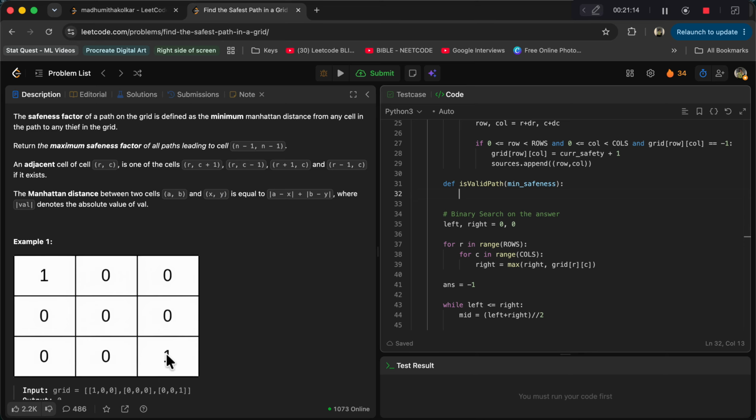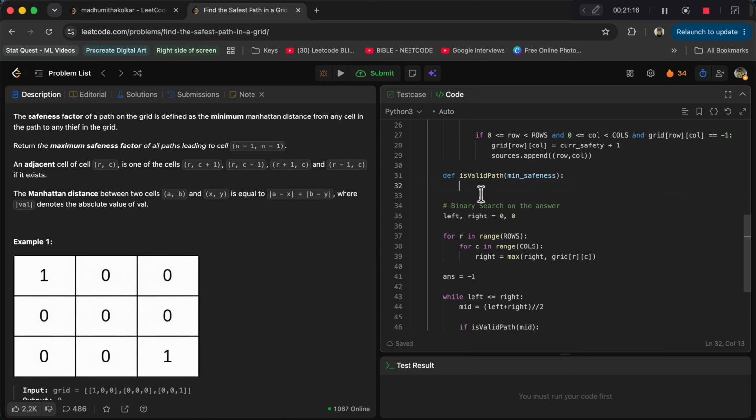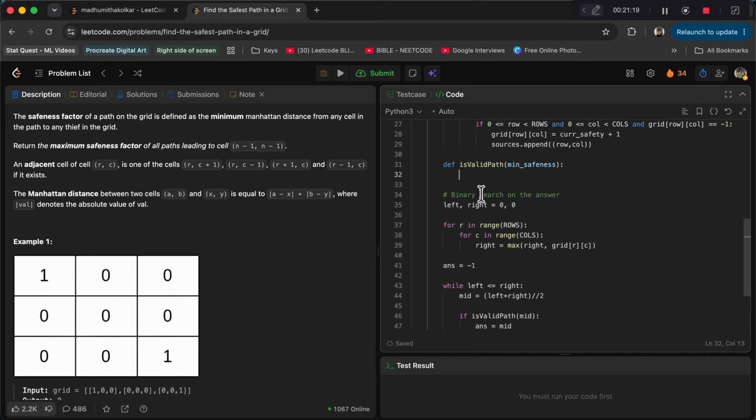Or if it's the same here. So I can just do that check initially without really having to consider a path at all. So let's check that if grid of 0, 0 is less than minimum safeness, or the grid of,